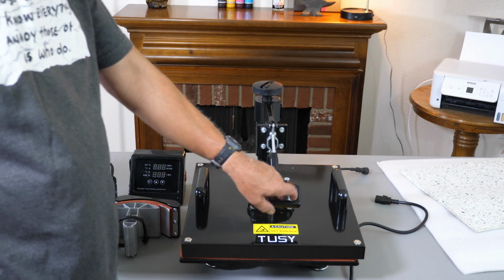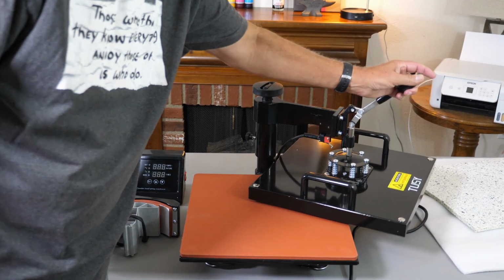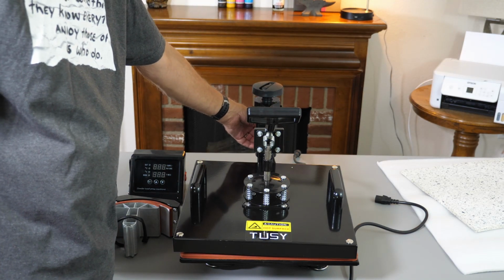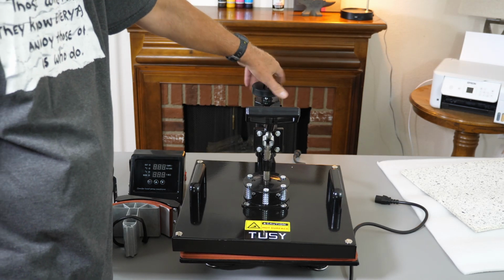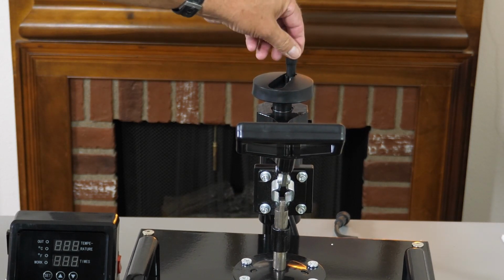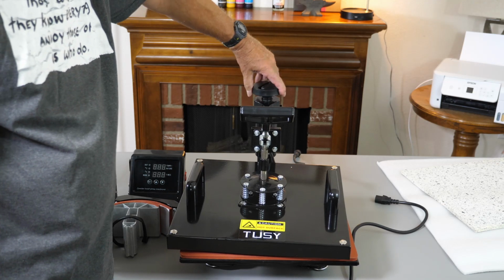Okay, you see here, this is obviously to lift your plating up and it swings out of the way. To adjust the height, you would obviously want to have it released. There is a knob on the back which is out of camera view, but if you loosen that knob up, you'll be able to turn this here, which you can raise and lower. And I found that there is a little handle here that folds up, right there. That works great for lowering. It doesn't work real well for raising it,